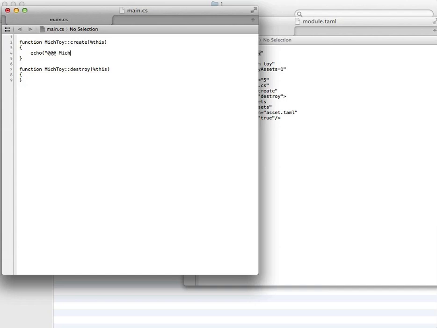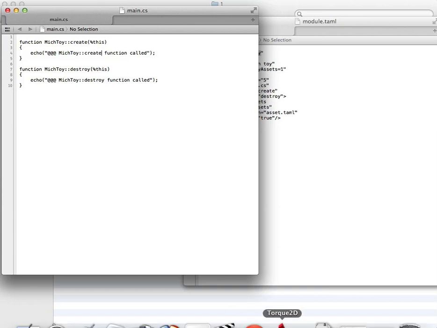And I'll say that this function was called. And then I'll change it to destroy on this. So I've saved my file. I've got my ID, I've got my create function, I've got my destroy function, and if this is all working, if I have no syntax or TAML errors, when I go to run Torque2D